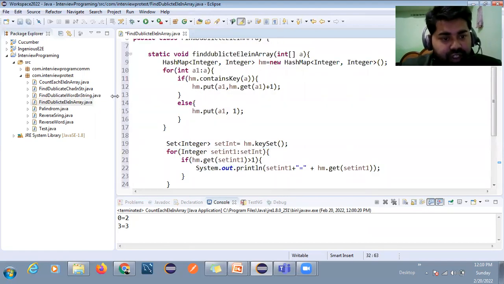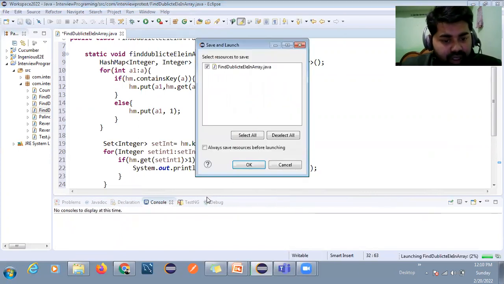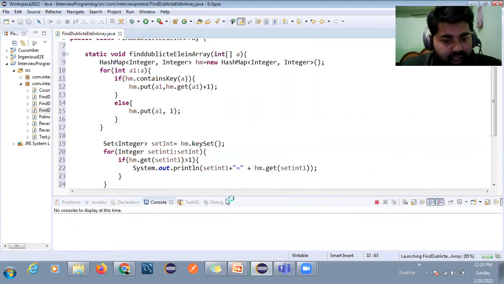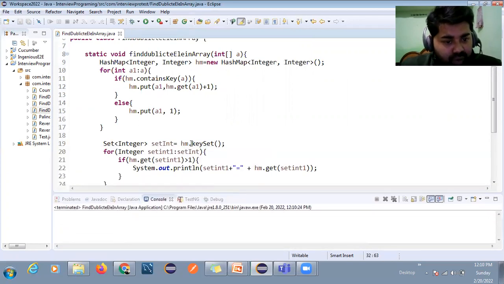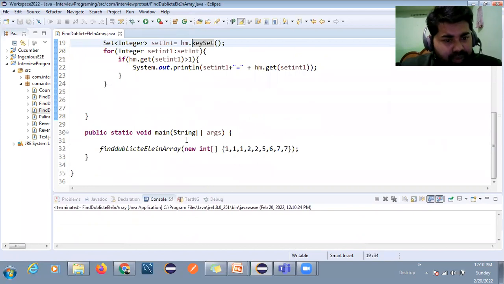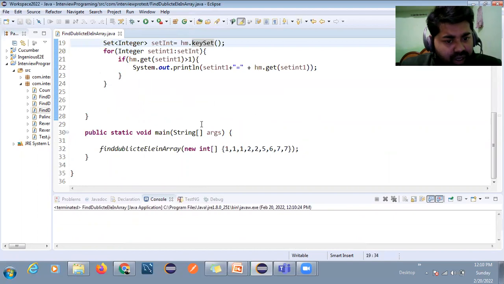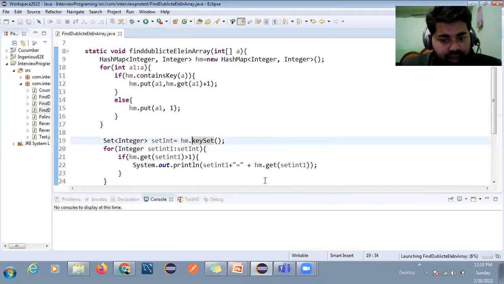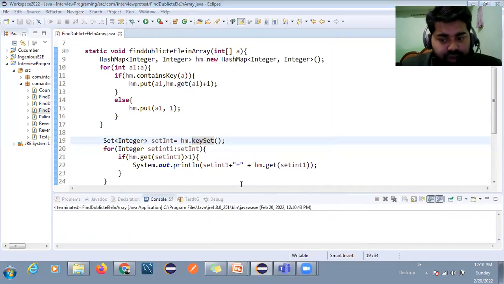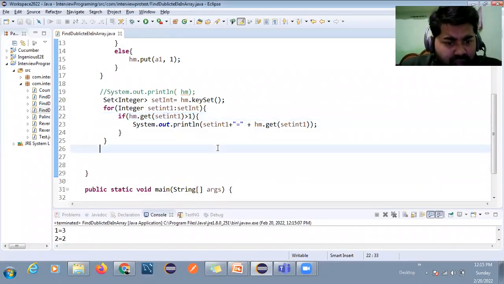Okay, so first I want to check whether this code is working or not, then I will explain to you in debug mode how this code is working. So let me run this. Okay, so I'm not able to find the output. Have we done anything wrong here? Why are we not getting the output? Let me check it. Just give me a second. Okay, so what happened?